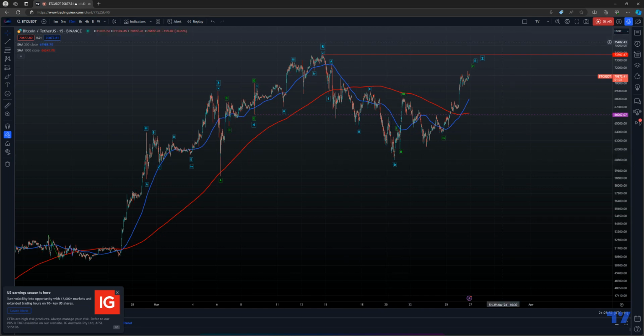In this particular case, the move up for the latest move, if it was going to be longer, I reckon it should have just continued higher straight away. But it stopped right here. And I find this interesting because I think that there's a good chance that this is a wave E of a wave two, right? And I put the brakes on everything, including VRA and other cryptos I'm looking at.